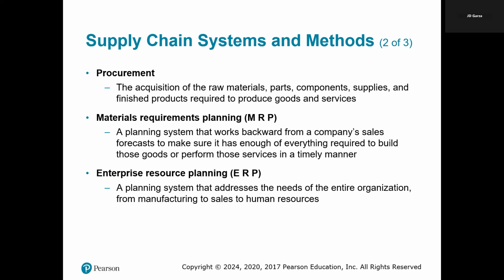Imagine running a restaurant. Materials requirement planning, known as MRP, would ensure that you always have the right ingredients before customers even start ordering. It's about avoiding production delays, reducing overstock, even streamlining the production timeline. That's what that is.